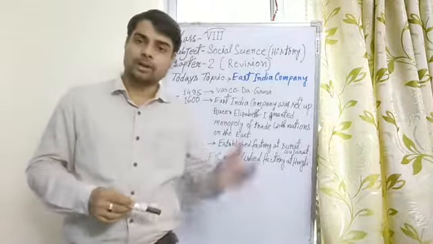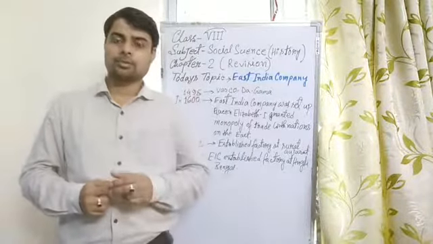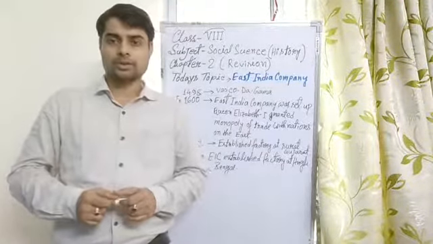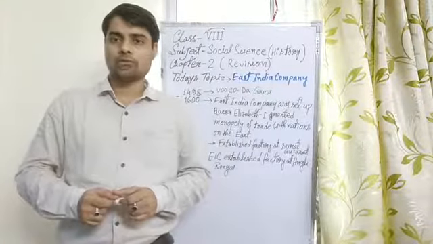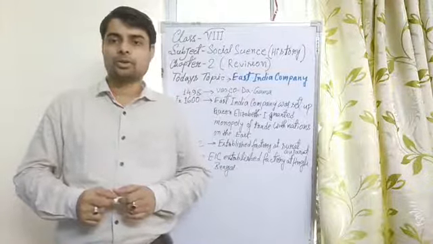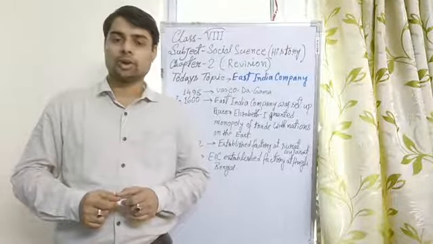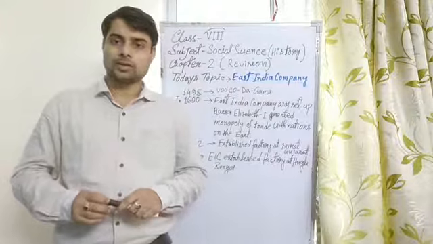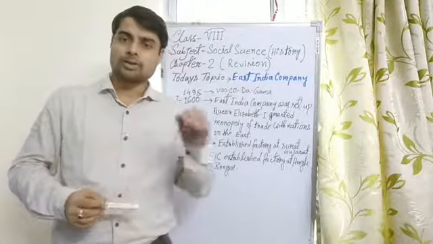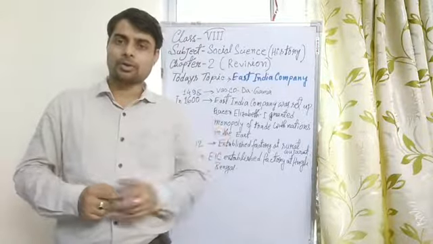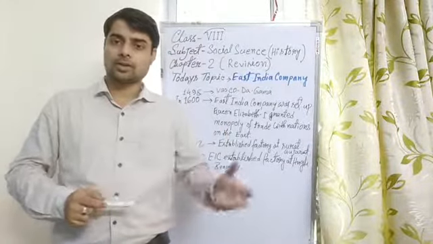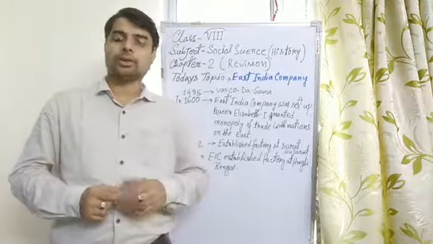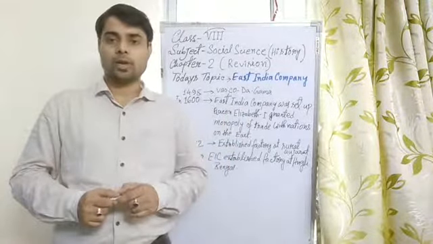So first we'll go back to the beginning. In the last chapter of class 7 you read that the demise of Aurangzeb opened the door of new opportunity for local Indian kings and regional administrators. All those regional rulers and kings began declaring their freedom one by one, just like Asaf Jha, who established independent Hyderabad state in South India. In North India, in Awadh, Sadat Khan established independent Awadh, and Murshid Quli Khan established independent Bengal in the eastern